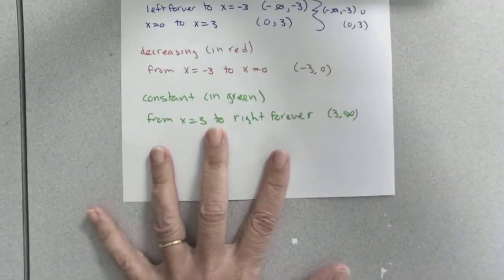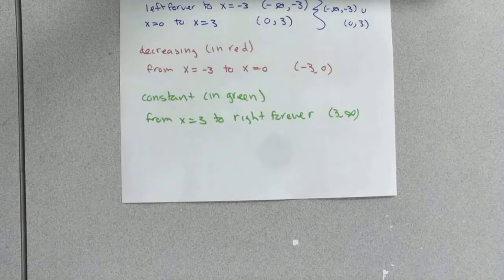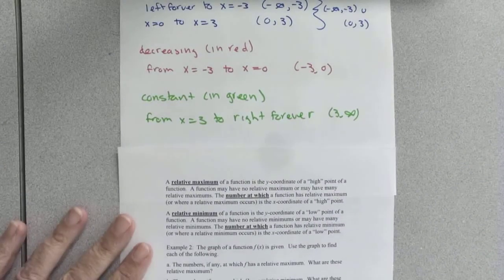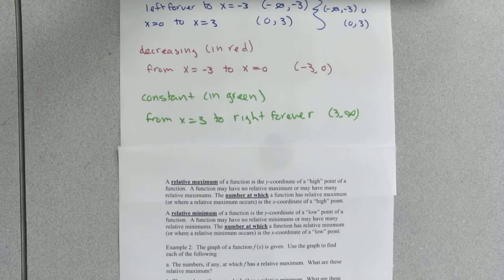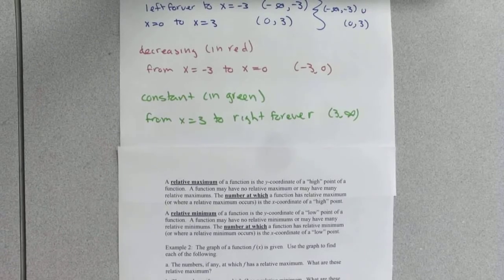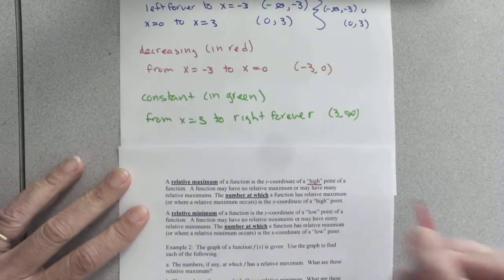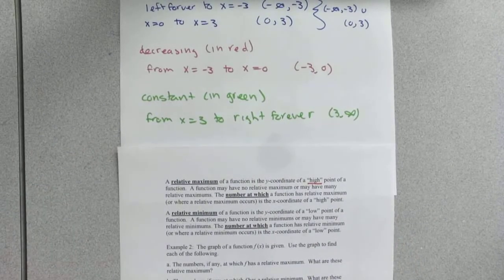Okay, another thing that we're just going to get by just looking at graphs, but if you make it to calculus, it's going to be much more involved. Relative maximums, relative minimums. Also known as local maxes and local mins. So if you're one of these people that look up YouTube videos on your own and you see the phrase local maximum, local minimum, same thing as relative. A relative maximum of a function is the y-coordinate of a high point. A function may have no relative maximum, or it may have many relative maximums. The number at which a function has a relative maximum, or where the relative maximum occurs, is the x-coordinate of